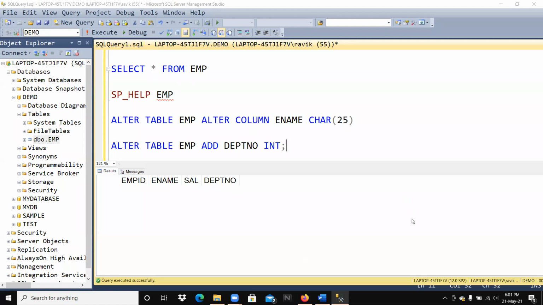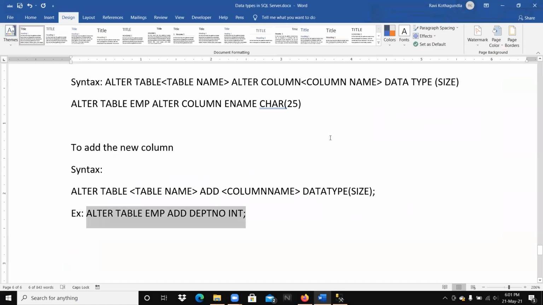Is it clear or not? Right. And after adding, now I would like to drop whatever I have added. Whatever column you want to add, you can add, and you can drop. Okay. So next my command is drop. To drop the column